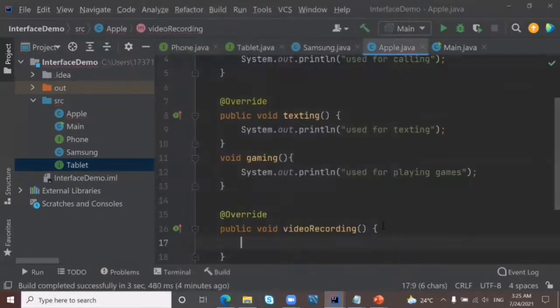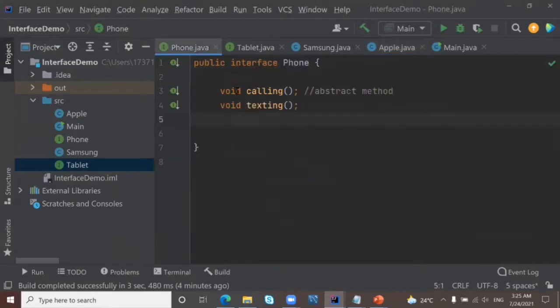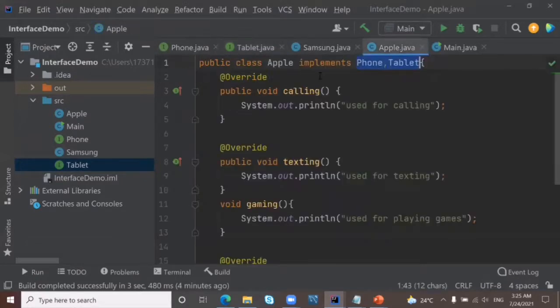Listen carefully: in an interface, multiple inheritance is possible. That means we can inherit from both the Phone interface and the Tablet interface. But in an abstract class, multiple inheritance is not possible. Apple is a company which produces phones and tablets, so if you need multiple inheritance, you need to use an interface.